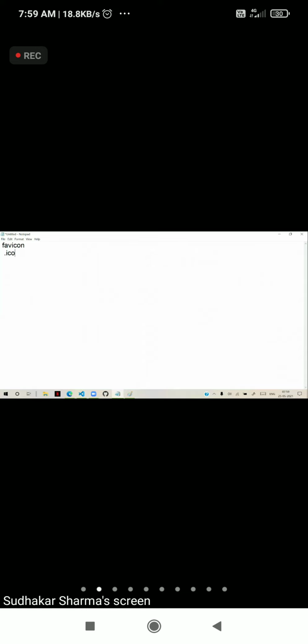So we don't care that it is working in another format. Many times people say that in my computer PNG is also working. So what? But as per the standards, icons must have the extension .ico.